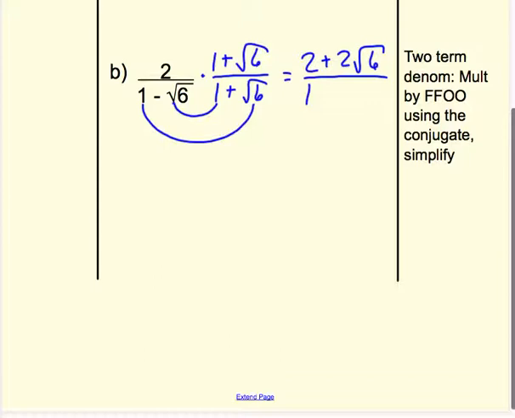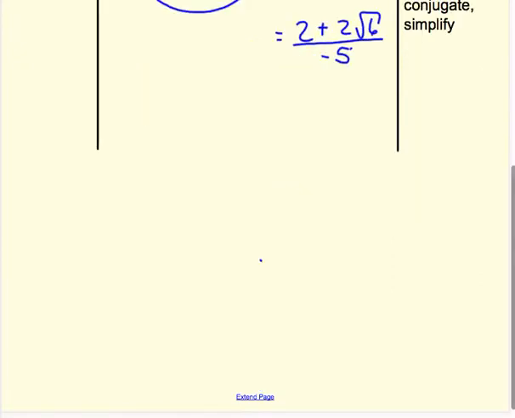So then we have negative root 6 times positive root 6, which is minus the square root of 6 squared. So simplifying in the denominator, we have 1 minus 6, or negative 5. And another one of our fun little math rules is that we can't have a negative in the denominator of a fraction. It's just not simplified. So I need to distribute that negative to both pieces in the numerator.